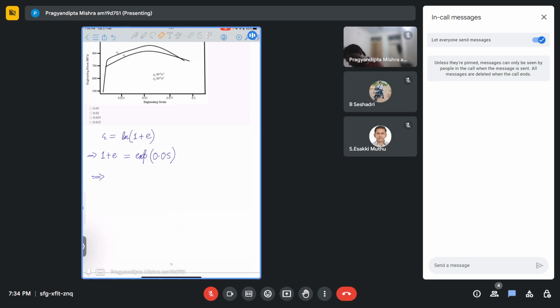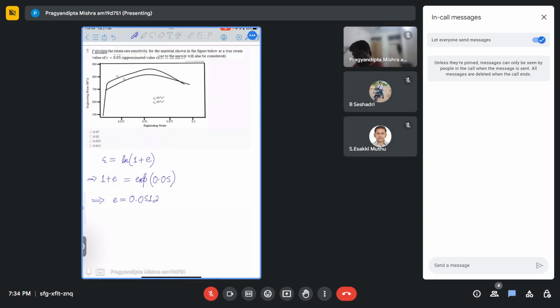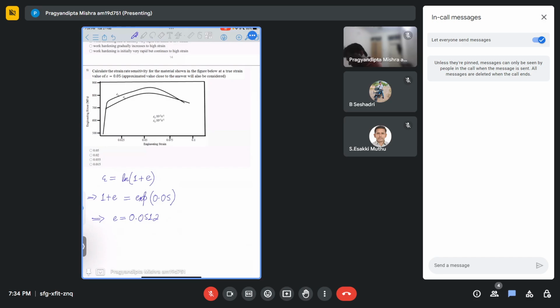So E is equal to 0.0512. Okay. Now corresponding to this E value, if we measure 0.0512 somewhere here,